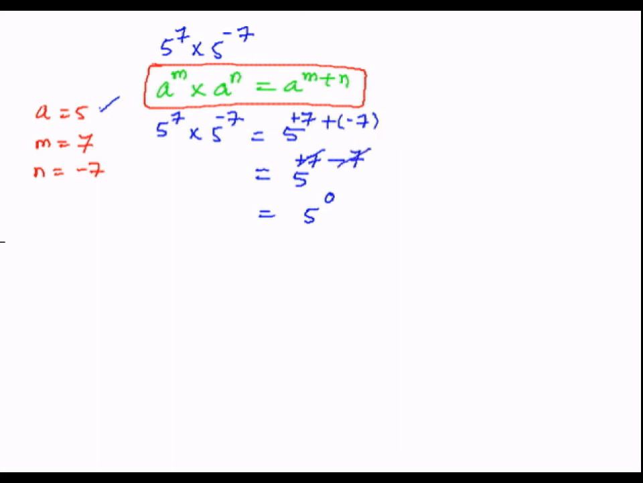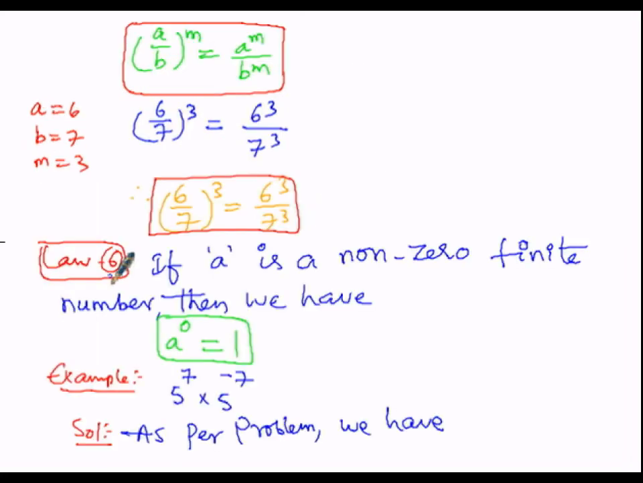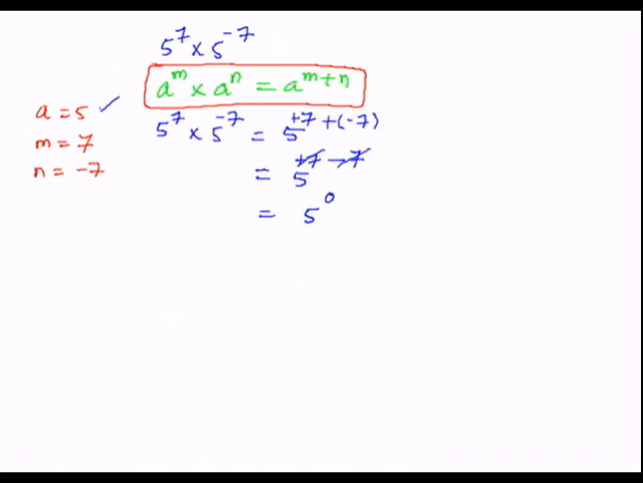As per law number 6, a raised to the power of 0, a non-zero finite number, when raised to the power of 0, its value will be equal to 1. So here 5 to the power of 0 will be equal to 1. Hence 5^7 into 5^-7 is equal to 1, which is nothing but the resultant. Then now law number